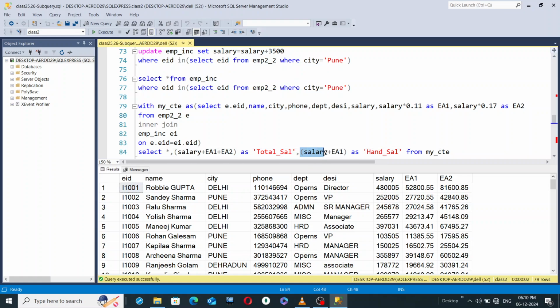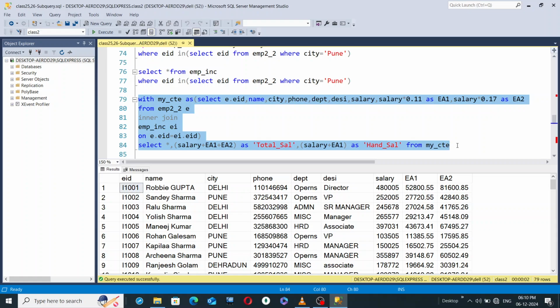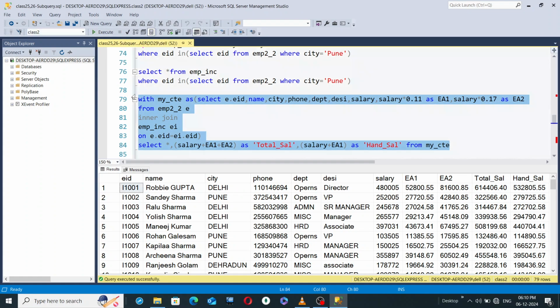Okay, and that name of the column we are specifying here as total underscore sal. Then another operation we are doing is salary plus EA1. This will also yield another column, and the name of the column I'm choosing is hand underscore sal. This is like total salary, and this is like in-hand salary. So salary plus EA1 will be computed separately for each employee and will be displayed. From line 79 to line 84, you'll have to select all of them, hit the execute button, and you see what